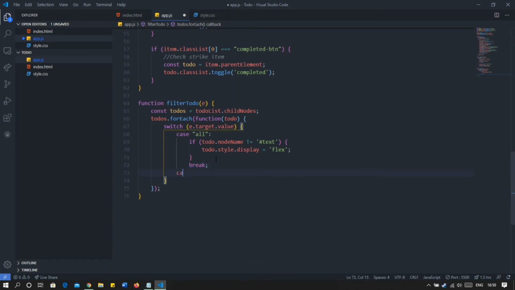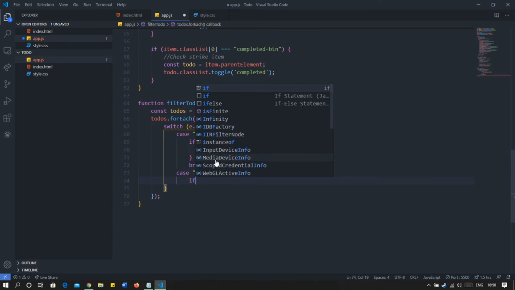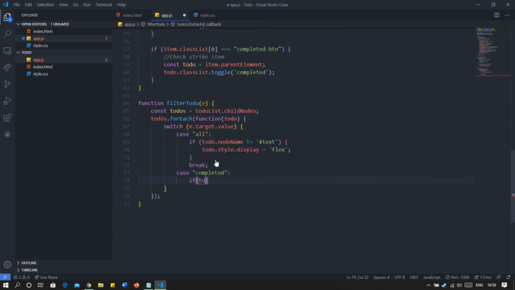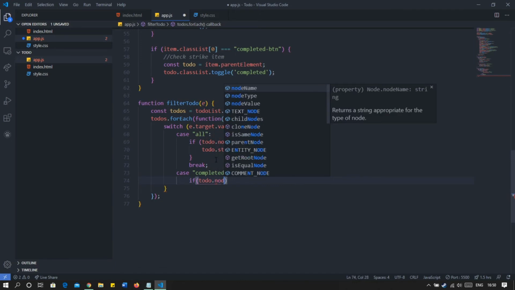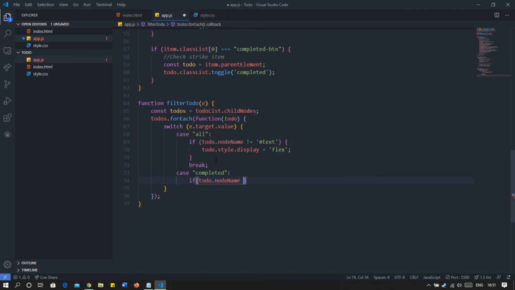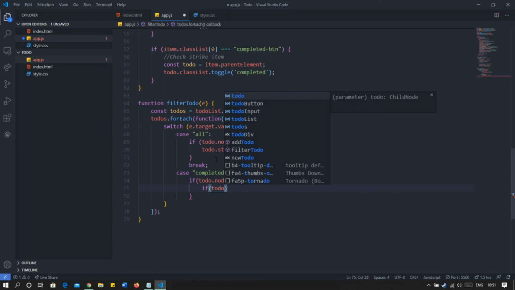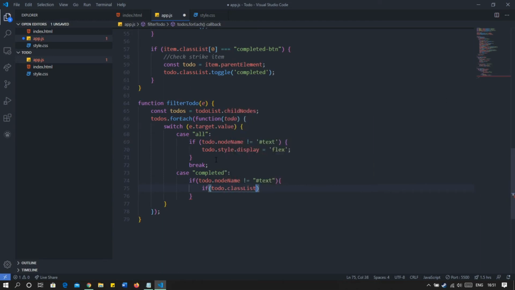Now another case will be of completed. So if we only want to filter the completed, we will see if the todo.nodeName has text or not, because if we get an empty value, we do not want to filter it out. So we will see that, and here, so we show that. Then here we will again check if the element has a class of completed. So we will see if the classList has completed